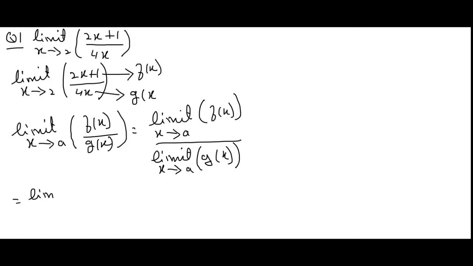Limit x approaches to 2, 2x plus 1, over limit x approaches to 2, 4x. Now in this we see that 2x plus 1 represents the sum rule and 4x represents the constant times function that we have already studied. So applying those formulas here,